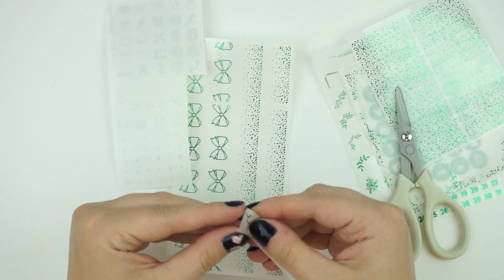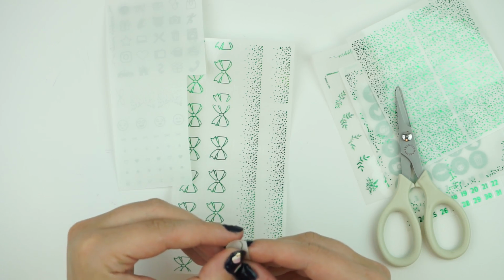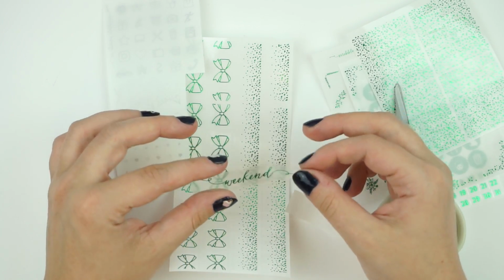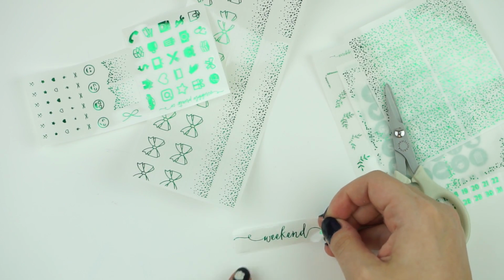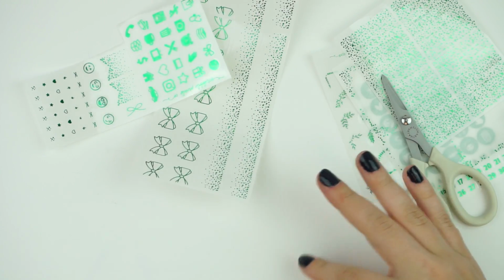Thankfully, these are highly discounted anyways. So last Wiggle format was that there was no dot, and this one is that the weekend banner is not cut out, but you could totally just lay this down. It'd actually be way easier to lay down than the cutout one, but obviously that will be fixed with the future Wiggle formats. Don't know how that happened, but you know,